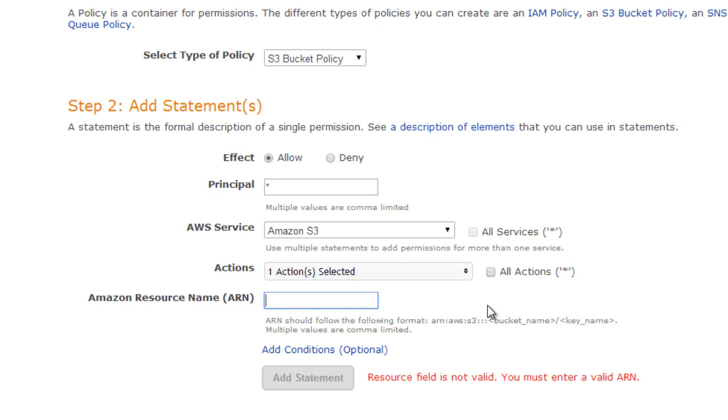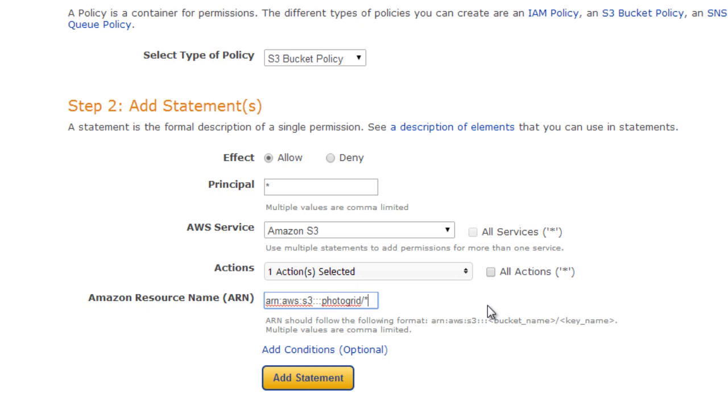You'll start by typing arn followed by a colon, then you'll type in aws followed by a colon, then you'll have s3 followed by three colons, and then the name of the bucket. Our bucket's name is PhotoGrid, so we'll type PhotoGrid, put a forward slash and an asterisk.